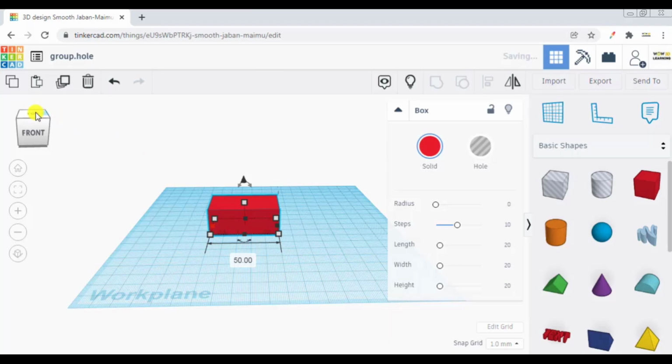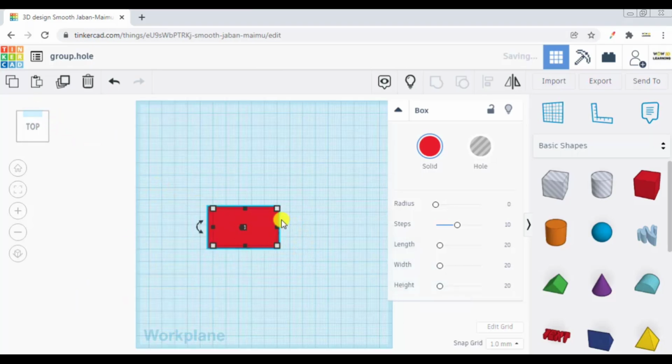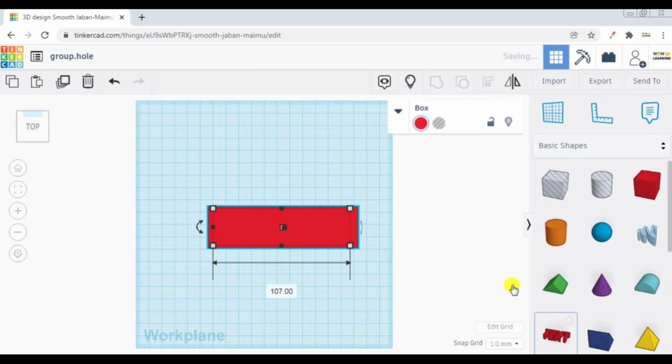Let me go to my top view. In top view, I will just drag it a little bit and let me bring the text option here.